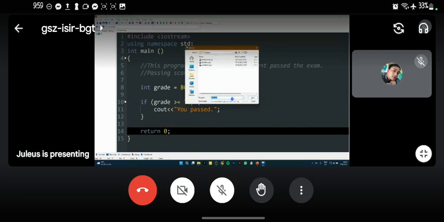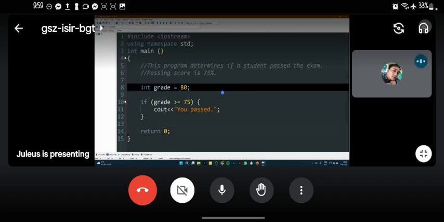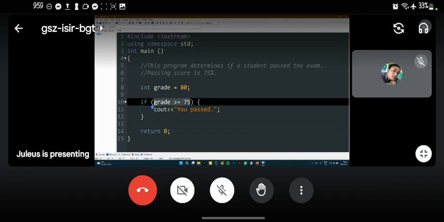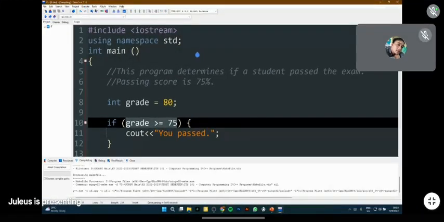Let's save that. Again, we are setting the condition so we can check if this particular condition is true or false. Let's compile and run.